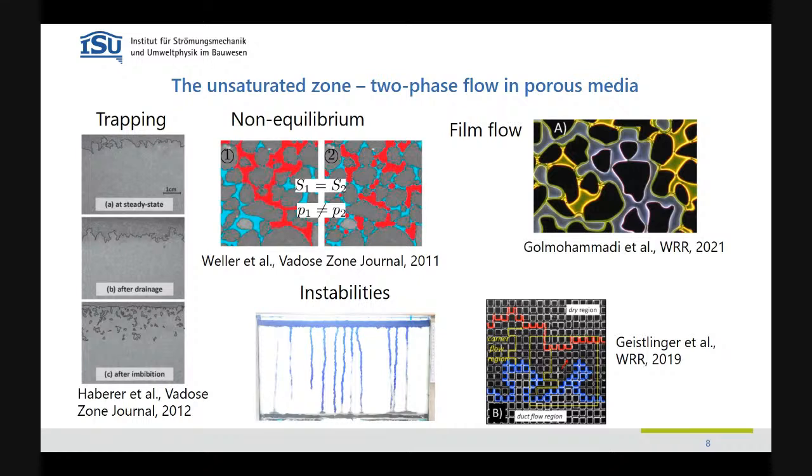Not a lot because the air is really very mobile, but in the capillary fringe where the water table is moving up and down, we have trapping of gas. This is not well represented. This goes into the residual saturations, which are not constant, and so on. We have non-equilibrium. So we have situations where due to redistribution, we have, let's say, the same water content or saturation, but not the same pressure head. So this we have and then we have film flow and corner flow. And in soils, this is quite important for evaporation, also not well captured in the standard models. And then we have these famous instabilities, or the water fingers that you get if you have infiltration into a dry coarse material.